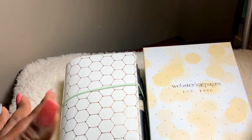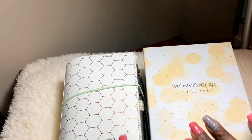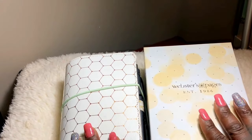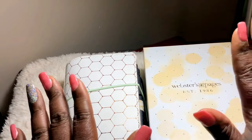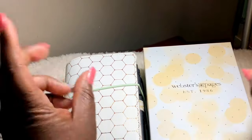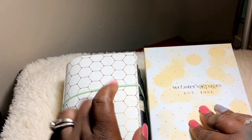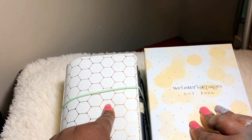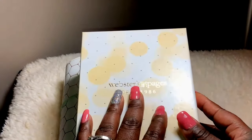And as you can see by the box that I have here, I got a new traveler's notebook, and it's still in the pocket size. I have yet to venture into any other sizes, but I think I found a planner piece with this new traveler's notebook, and I just want to share how I have it set up and talk to you a little bit about where it's from. So as you can see by the box, it is a Websters Pages